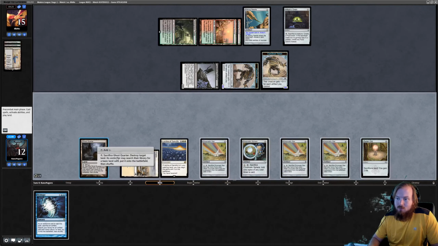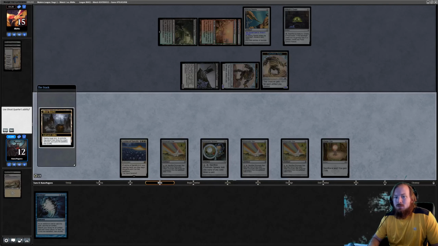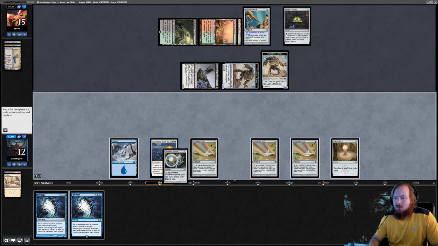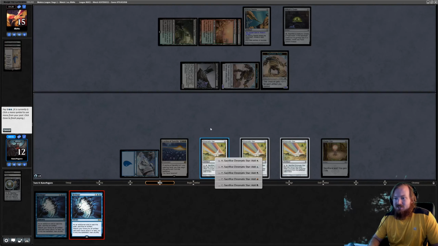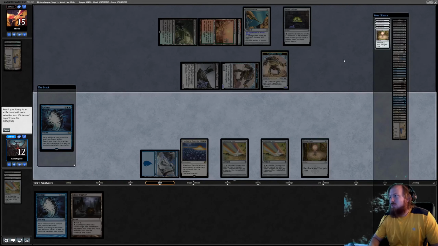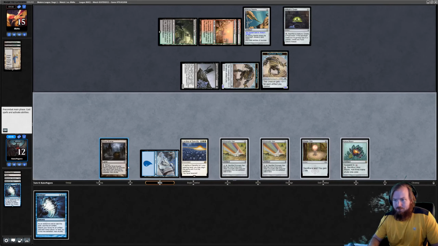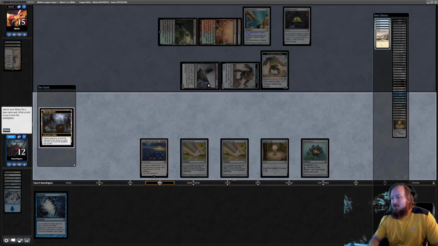So, we are going to Ghost Quarter ourselves. Preemptively thin our deck a little bit. Filter into blue. Reshape a star. Draw a card. Get a Lotus Bloom, play a Ghost Quarter ourselves, get a Plains,